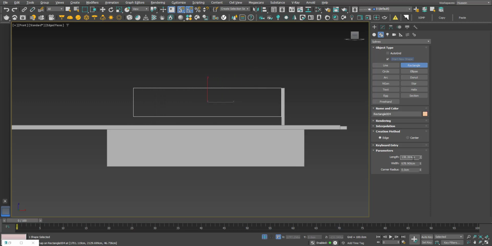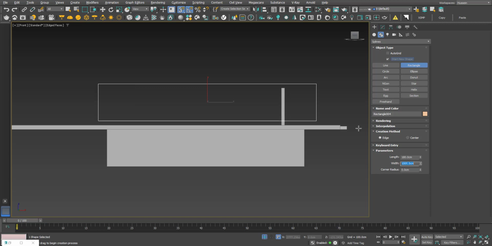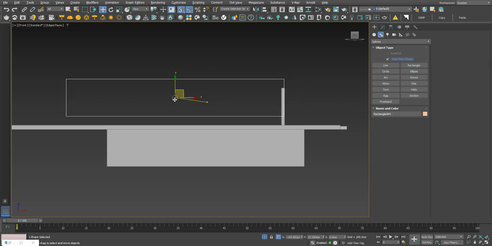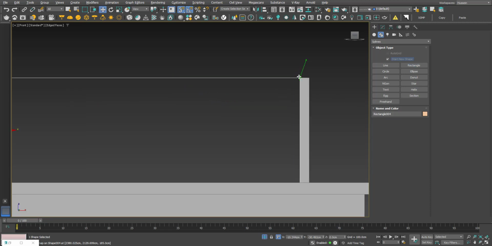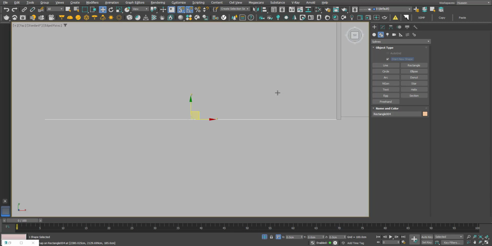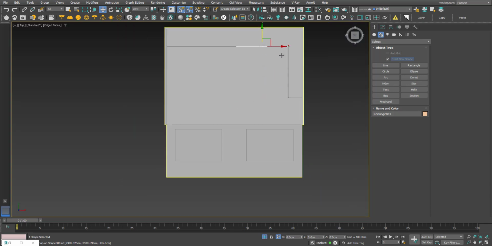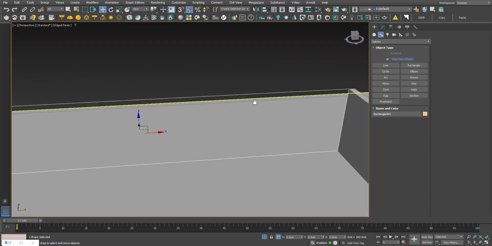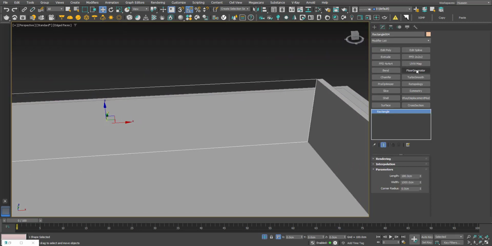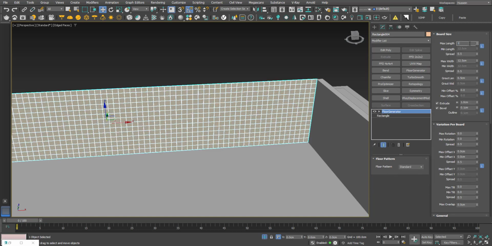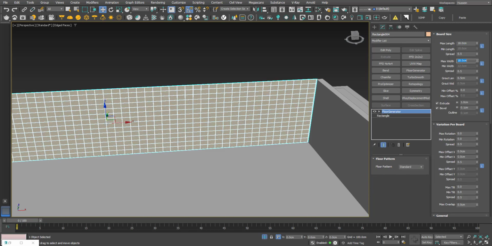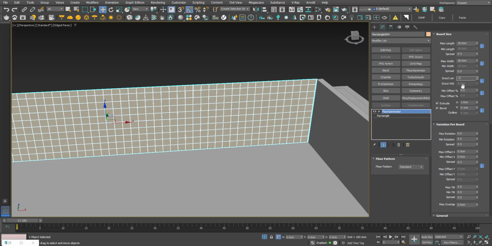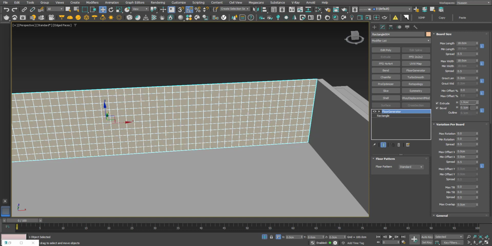In the same way, let's create this wall. Here, I want to increase the dimensions of the holes a little bit, to allow more light to pass through.